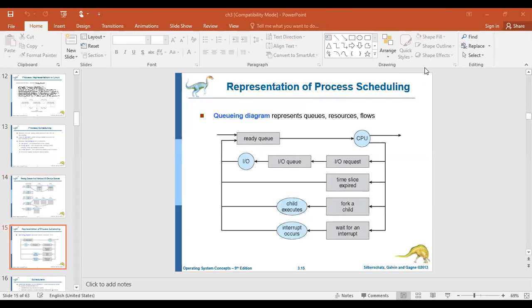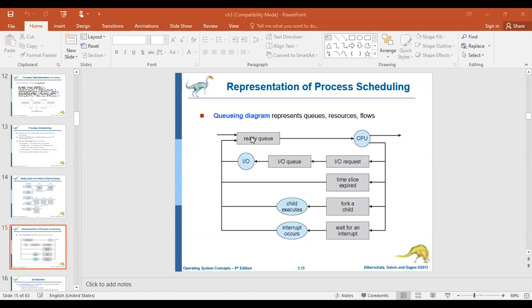Now, let us see how the process is executed. A representation of process we're dealing in the form of a diagram. So once it enters the job queue, there is no guarantee that the CPU will access it directly. Okay, so whatever jobs are placed in the job queue will be moved into the ready queue after acquiring all the resources that are required to process it.